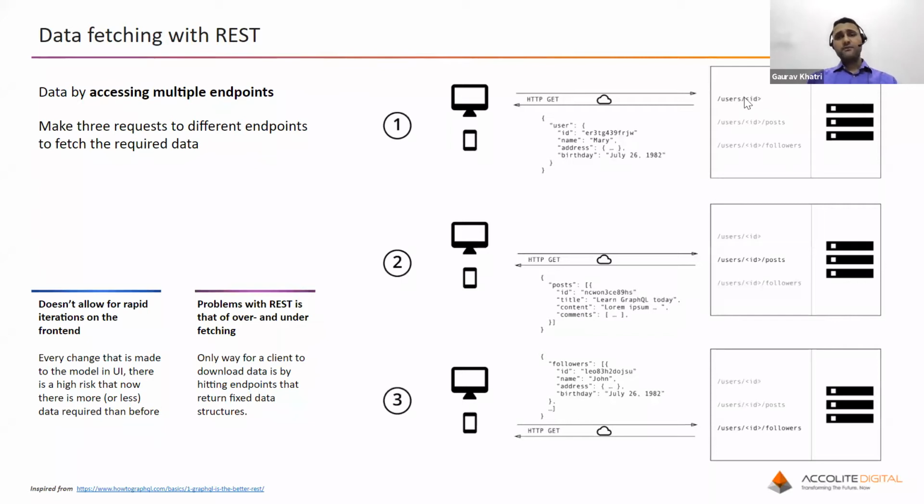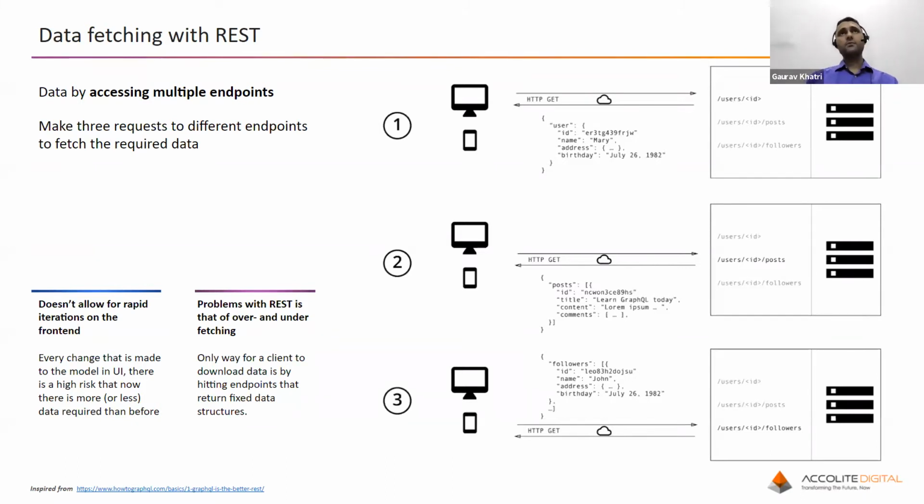So in the end, we will be writing different endpoints. For users, we will write one user endpoint, for posts one post endpoint, and for followers we will have the followers API. Now I will take an example. Let's say we want to consume these RESTful APIs from the UI, and there we have a dashboard, and on the dashboard we only want to show the user's information in terms of name and email ID.